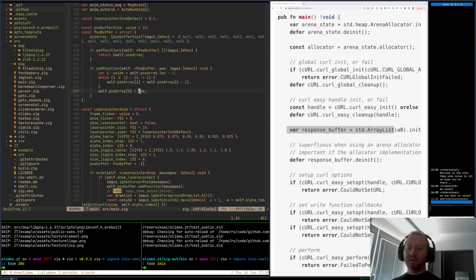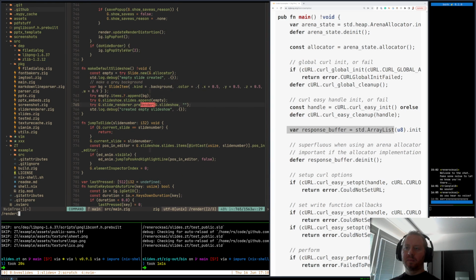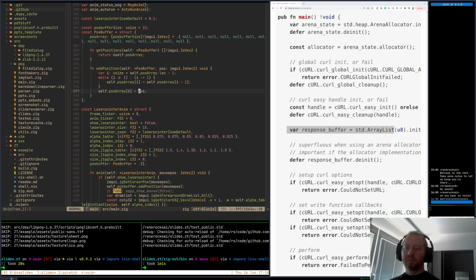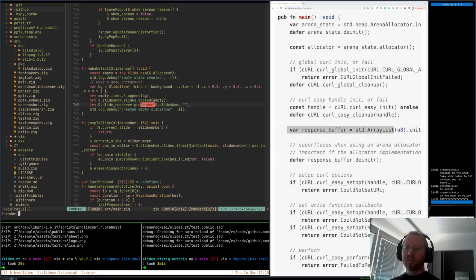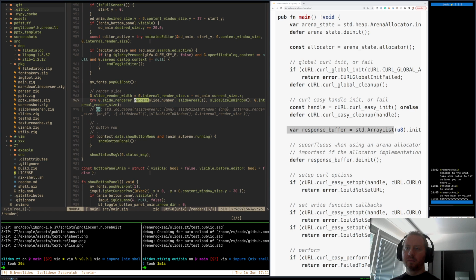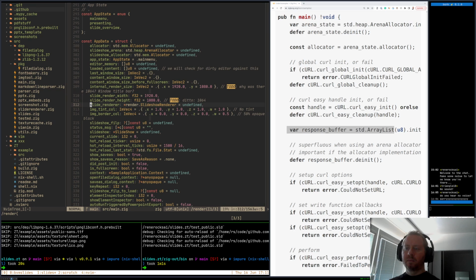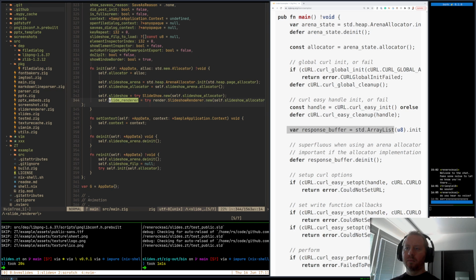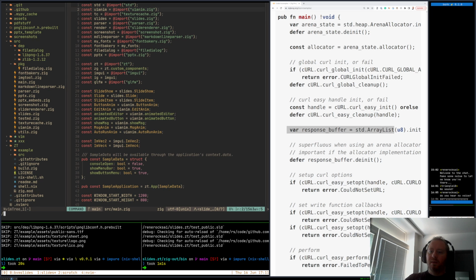When we render, we give it a slideshow allocator and not a slide allocator. Okay. In that case,